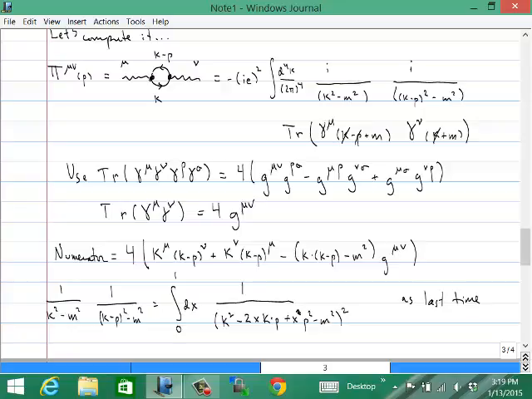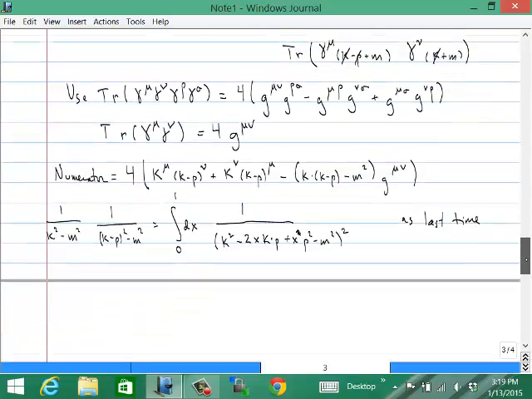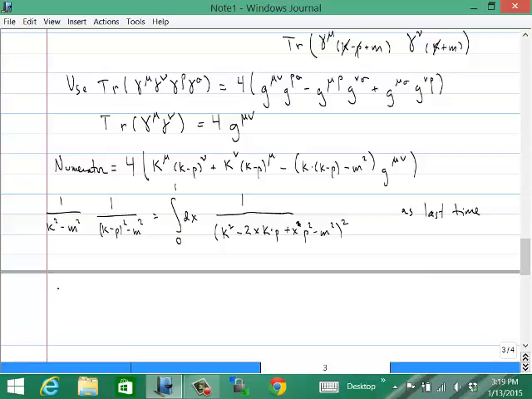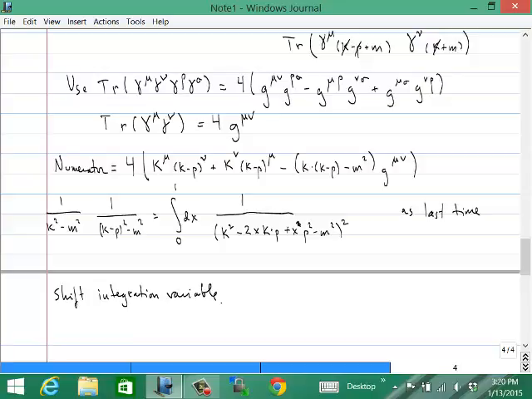And then, as last time, what we want to do is shift the integration variable to complete the squares, so that we define a new momentum that I'll call L, which is k minus x times p,